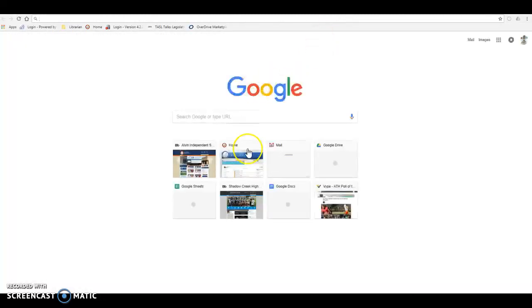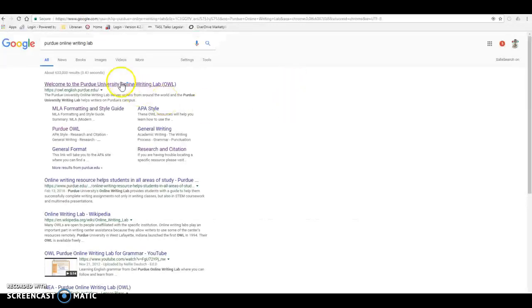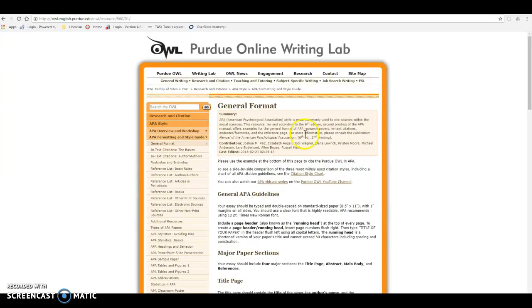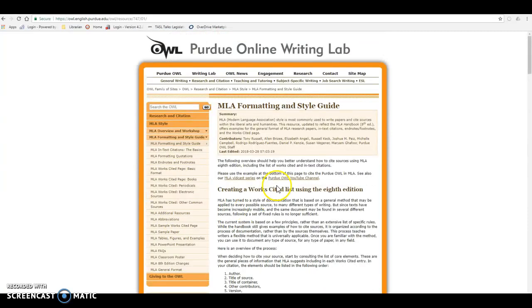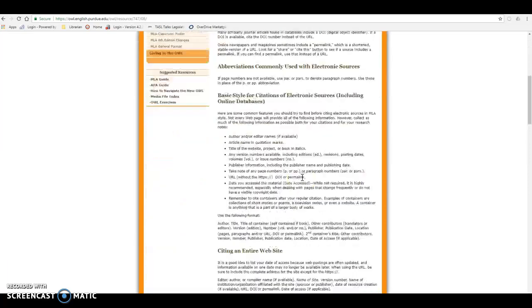I would ask that you go on to after you've done all your citations, go on to OWL, which is the Purdue Online Writing Lab. And this will allow you to click on the different formats, the different writing style formats. So if you're using MLA, you click on MLA, and that is an electronic source. So you can go on here and